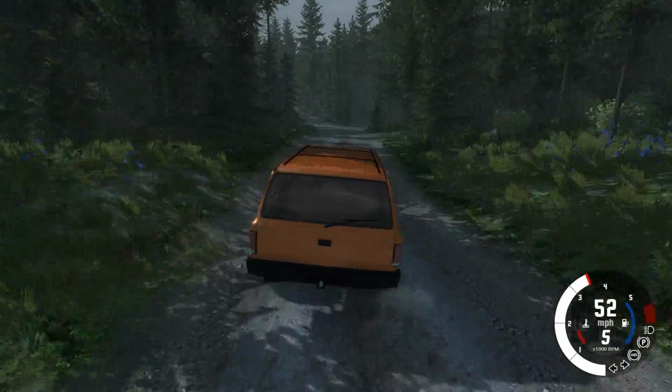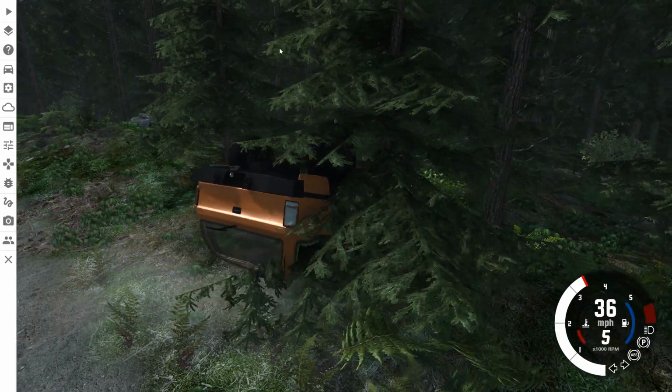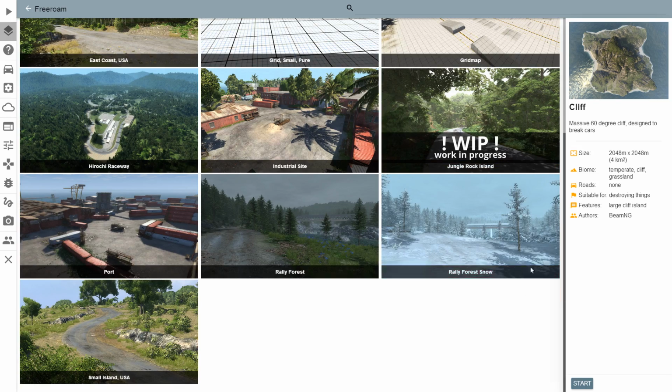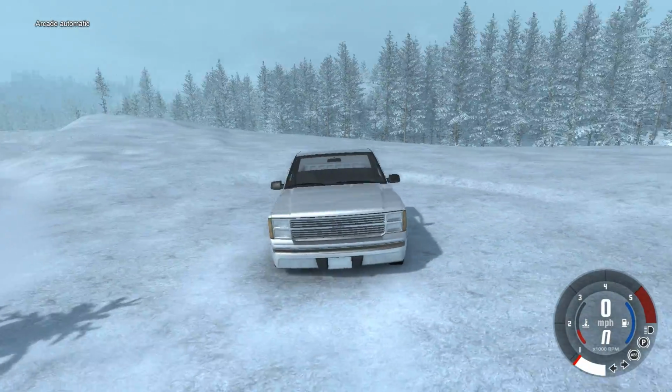Either way, though, I think I've done enough driving on this version of the map. So let's go ahead and head to the snow version. So we're going to just load that up. So this one's called Rally for Snow. Same name, but with the word snow at the end. So here's the first look you get at the snow version of the map,